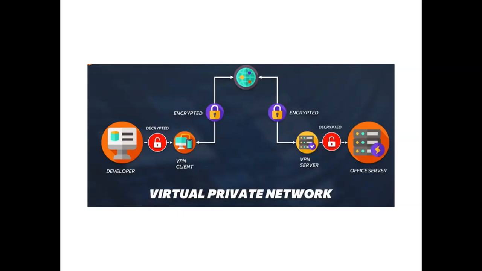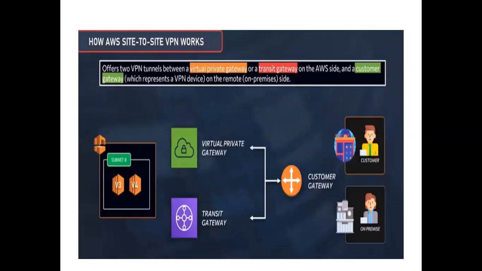So these firewall devices will support VPN setup, like Cisco Checkpoint Security Gateway, Cisco ASA, Cisco IOS, SonicWall, Fortinet, all these kinds of devices. Any one of these devices is supported for your VPN connection. Once you have that device, you can see on the right side of the image there is a customer gateway or on premises. Whether you take your on premises or your customer location, you need to configure something called a customer gateway.